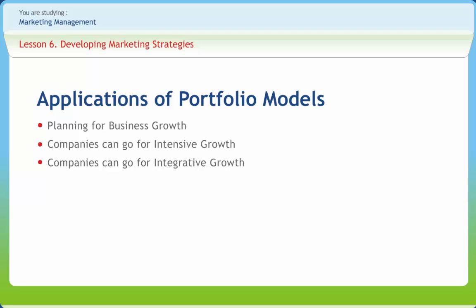Companies can also grow by integrating their business operations. When a company integrates its supply function with its core business, this is called backward integration. Instead of relying on a supplier, the company may decide to go for self-production. Similarly, it can go for forward integration by taking over some of its retailers and wholesalers. They can also take over some of their competitors and complementary organizations and grow in business. This is called horizontal integration.